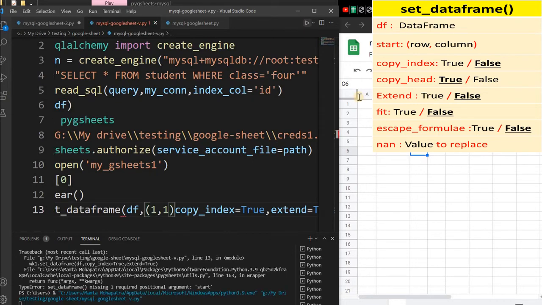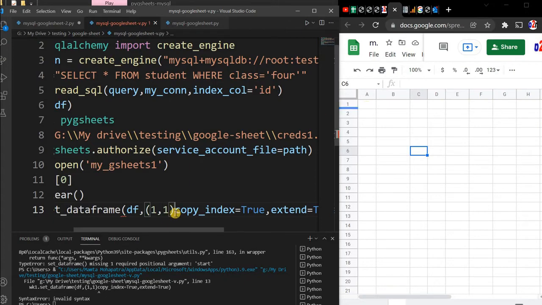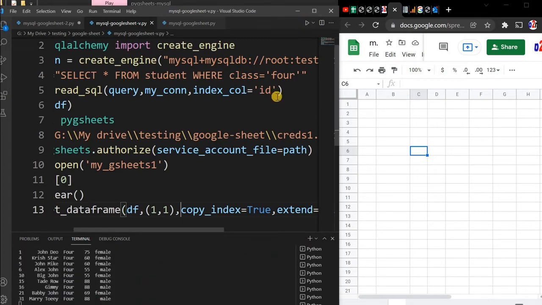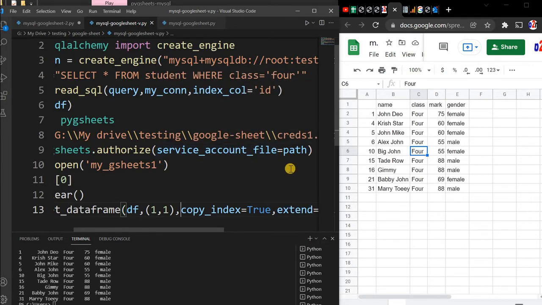Now let's try again, because I want to specify where it will start. Sorry, I missed a comma here. Okay, let's run this again. So data has printed now. Now the second part will be executed. Here it is. You can see around 10 records have come to our Google